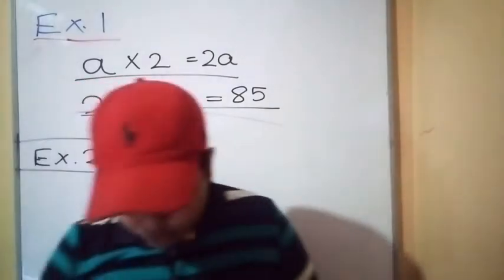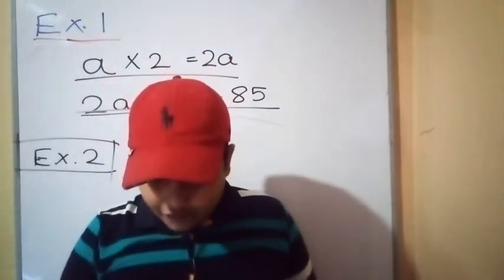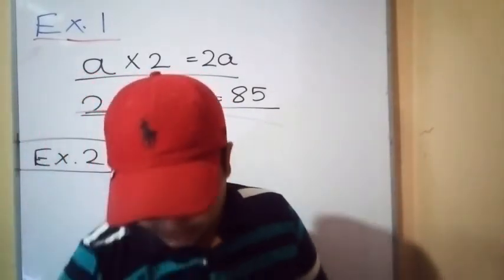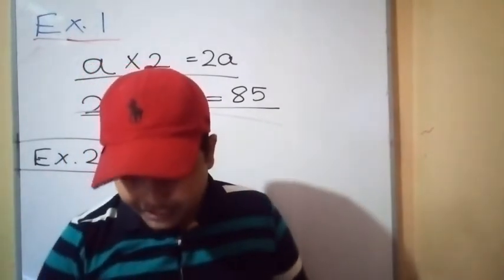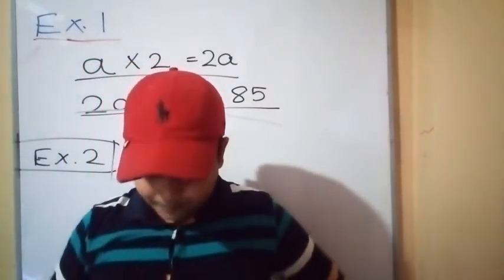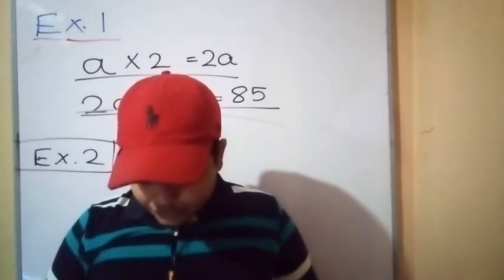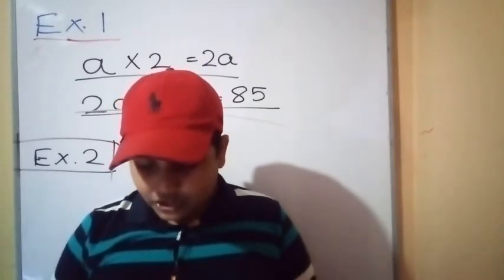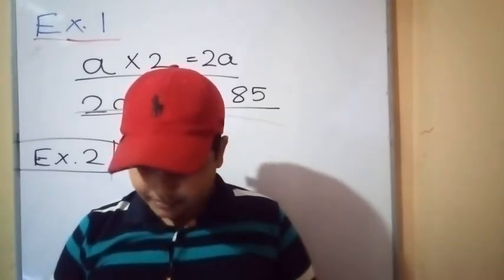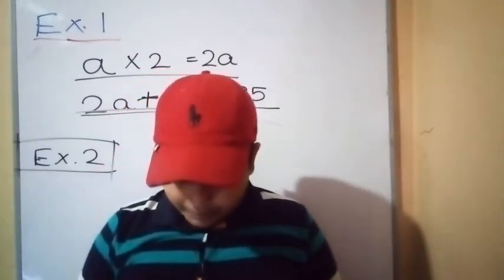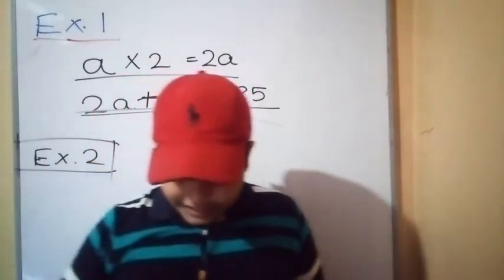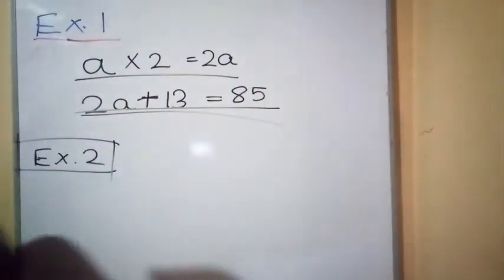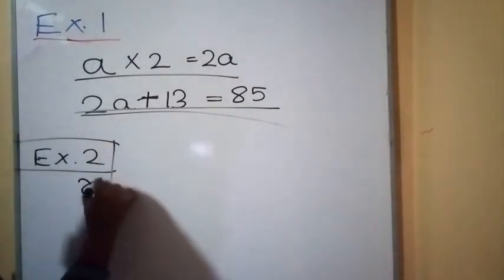Alright, example number 2. In a certain year, a father was 3 times the age of his daughter on the day of her wedding. The girl's mother is 4 years younger than her father. That year, the mother's age was 62. By taking the age of the daughter on the day of her wedding as x years, construct an equation to represent this. The daughter's age on her wedding day is x years.